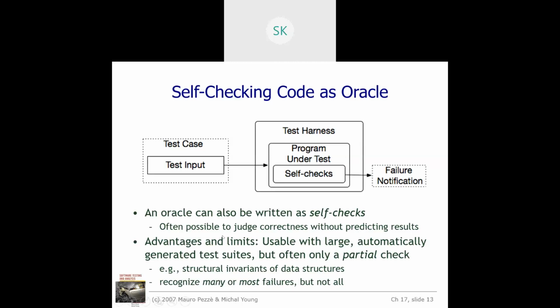The advantages and limits of your Oracle, self-checking code: they have given that it is usually used with a large, automatically generated test case source. This is where we'll be using it, but often it is only a partial check. That is, not all the combinations. That's what I said with respect to your biometric devices. Always it will not give you the right output. There may be a chance of false acceptance, followed by false rejection. So that's why you need to be very careful in handling these test case suites.